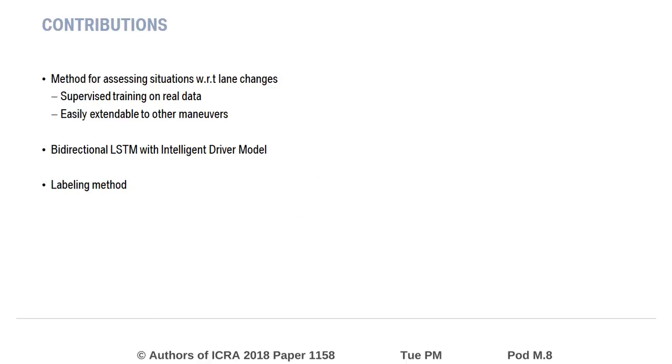In this work, we propose a method for assessing situations with respect to their suitability for lane changes. It is trained in a supervised fashion on real driving data and can easily be extended to other driving maneuvers by simply exchanging the underlying training data. Our proposed method consists of a bidirectional LSTM network, which uses the intelligent driver model for predicting future states. Additionally, we propose a novel labeling method for this kind of problem and compare it to the ones used in